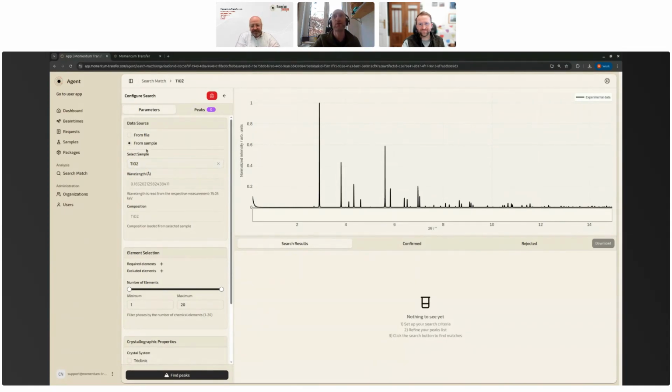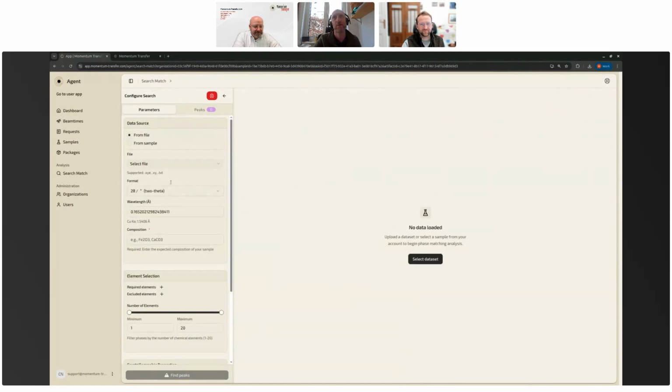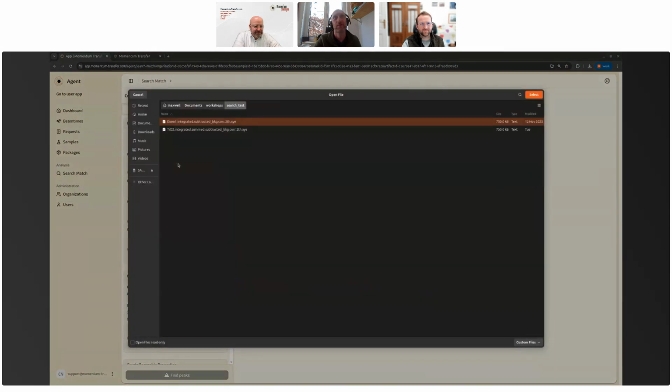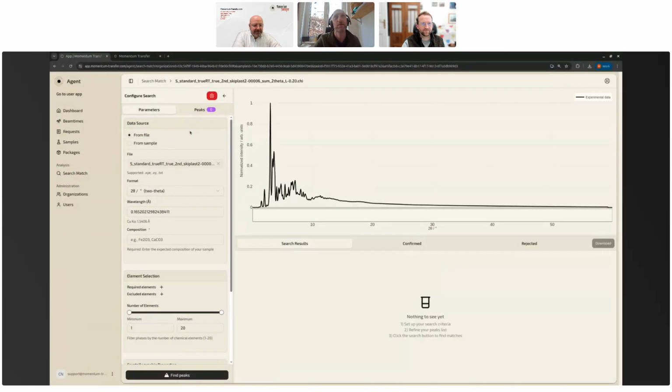Okay, so what I want to show now is actually, if you haven't measured data with us yet, you can also play around with data that you already have. So to do that, you go data source from file, and then select file. And actually, I wanted to start with something else here. So this is a measurement I did of